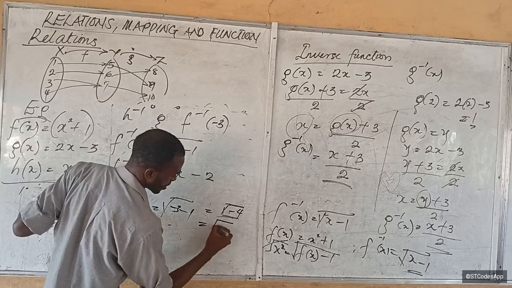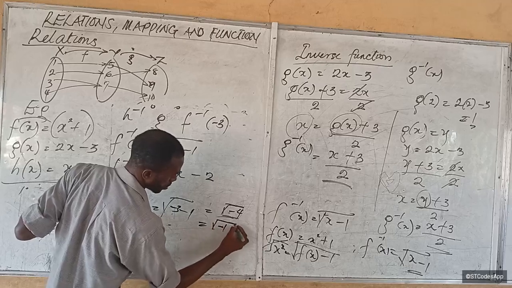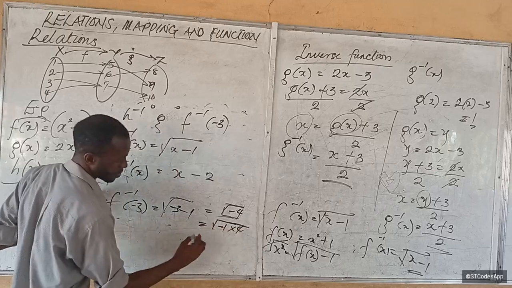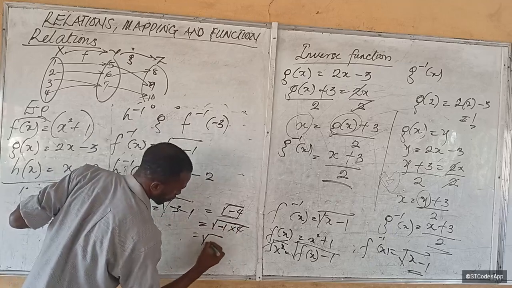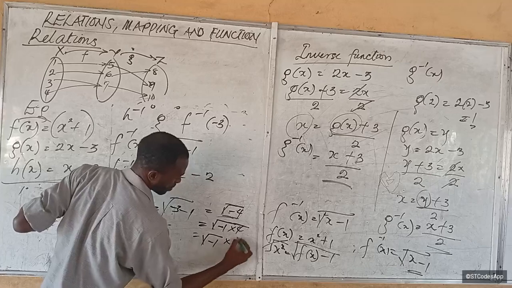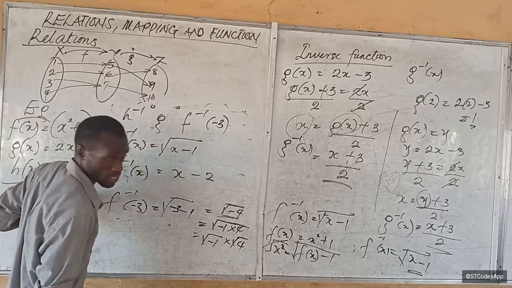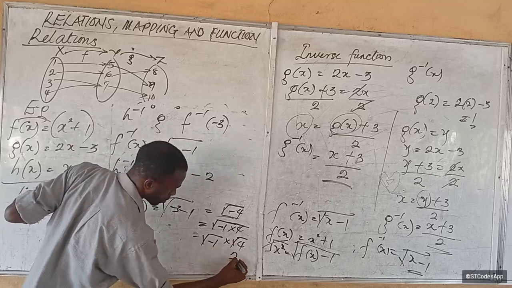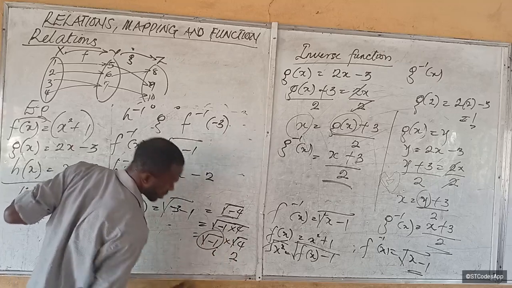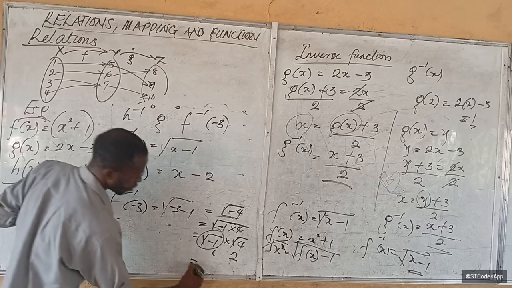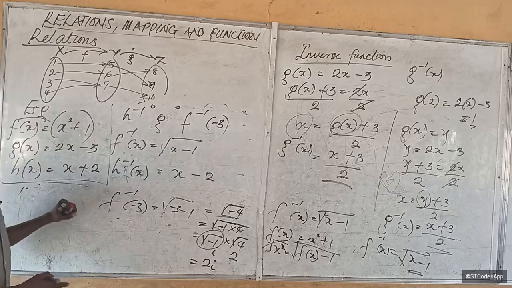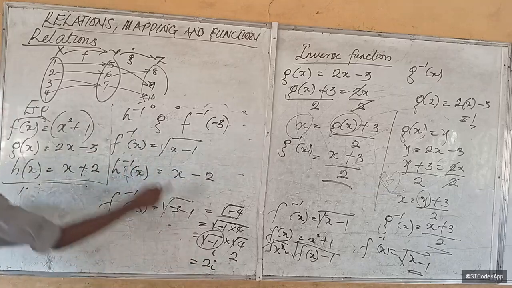So this will become the square root of minus 1 times 4. Does this make sense to us? This will become the square root of minus 1 times the square root of 4. Does this make sense? So this becomes 2, right? Now root of minus 1 is designated i. So this becomes what? 2i. Does this make sense? So you now plug in 2i